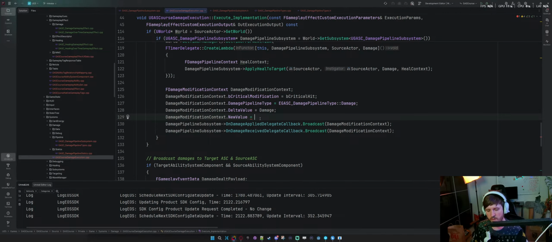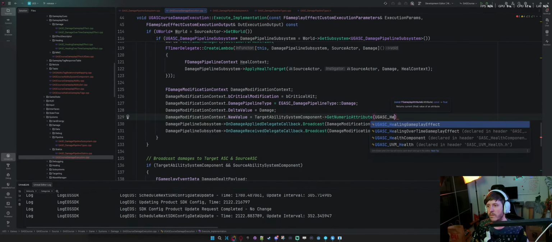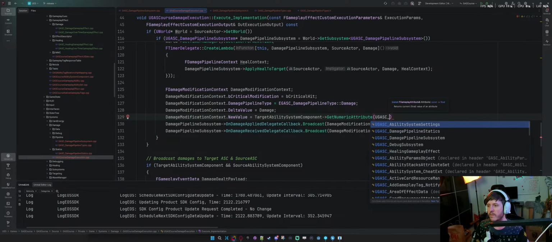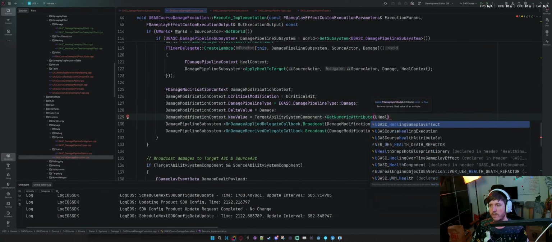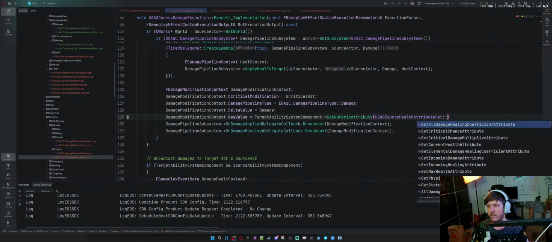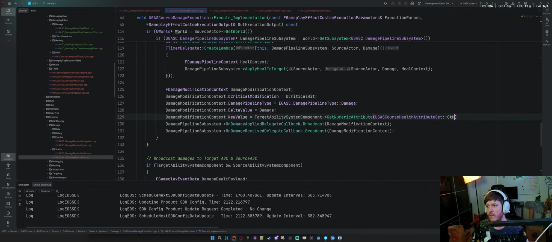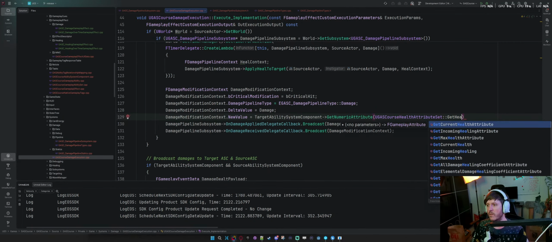Should be able to do something like target, ability system component, get numeric attribute, and then it has to be. So do I have? So you health attribute set, and then get health, get current health attribute.